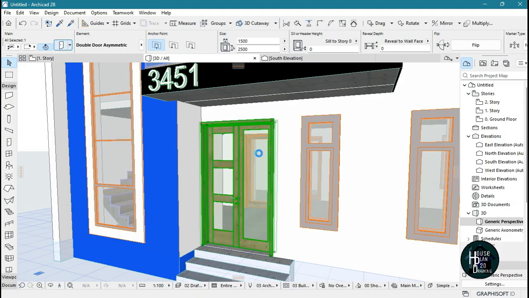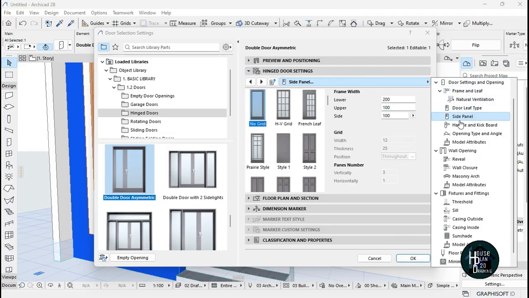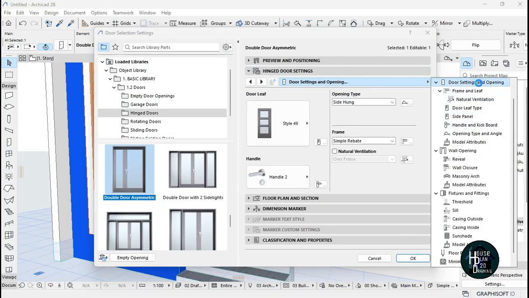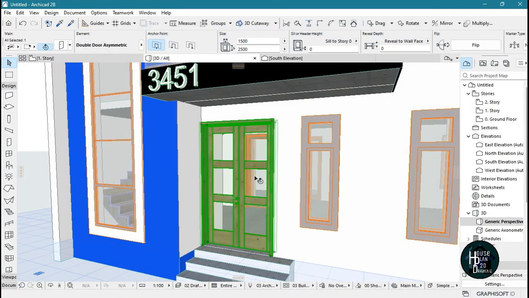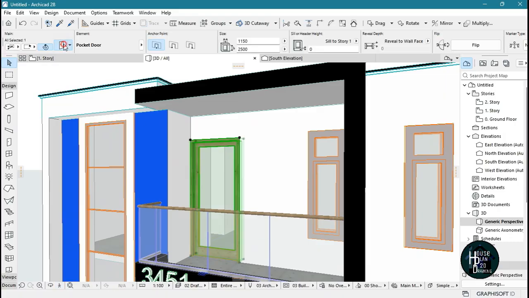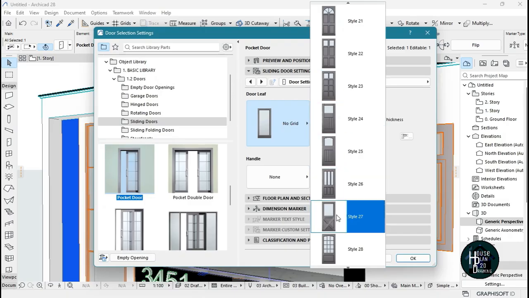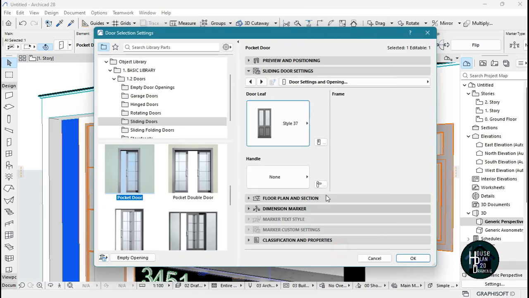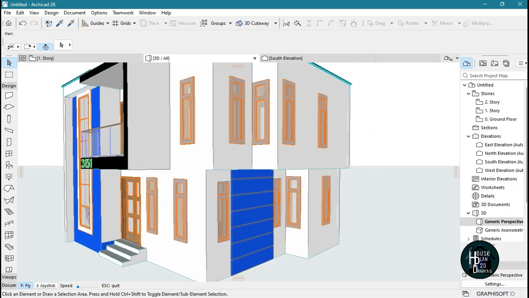Click on the settings dialog and do the other side. Click this and let's select the side panel. And what do we use here? We used style 49. Then click on OK, and I'm going to have it for the other side. You can decide to change this also. Click on the settings dialog, click this and change it to be any kind of design that you want, as you can see. So this is some of the ways to go about that when you are trying to do your designs